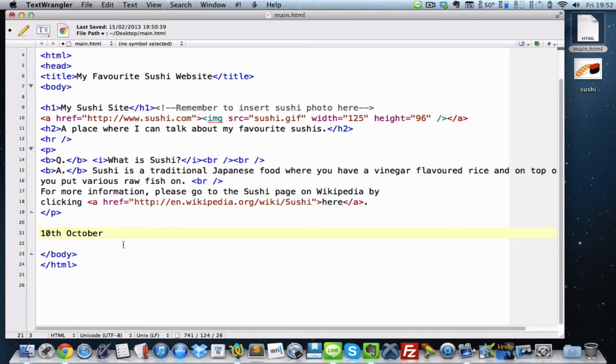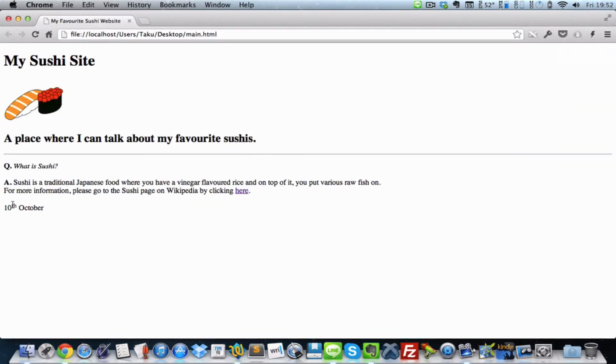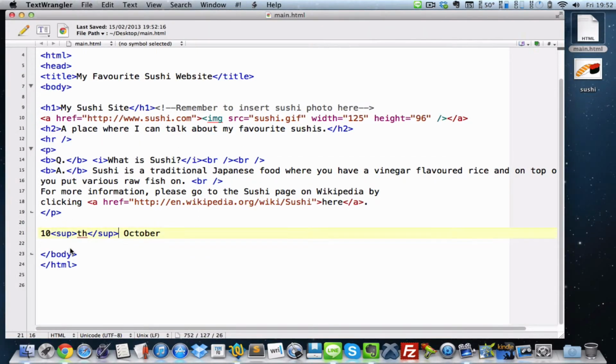So what I want to do is surround the th with superscript. Now, guess what the tag for superscript is? Sup. There. That's all. It's really simple. Let's save it, and there we go. 10th. I hope you knew what I was talking about, but if you didn't, now you do, because this is what it's supposed to look like when you're doing dates in this format. 10th. Now subscript is